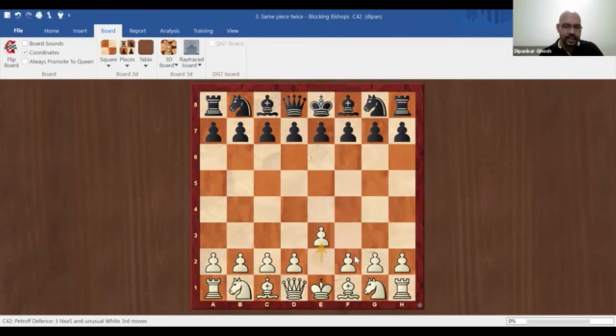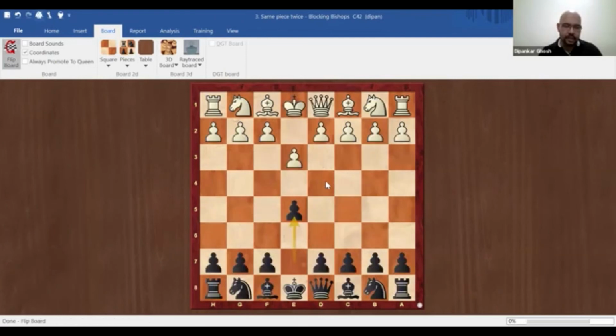So he starts off with e3. Already not a good move, right? I mean, it's not terrible. It helps the bishop and queen to come out, but we could have been more ambitious and gone over to e4. Let's say black is playing correctly. I'll flip the board. And white plays d3.